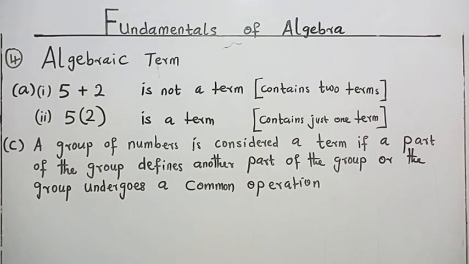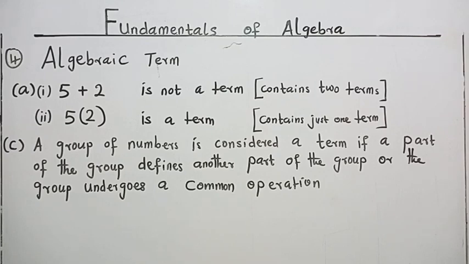The high points of this statement are: the word "defines." A part of the group defines another part and undergoes common operation. So "defines" and "common," these two words are pertinent if we have to understand what this statement is talking about. To make this statement come alive, let us use these two cases at hand, the foregoing cases, 5 plus 2